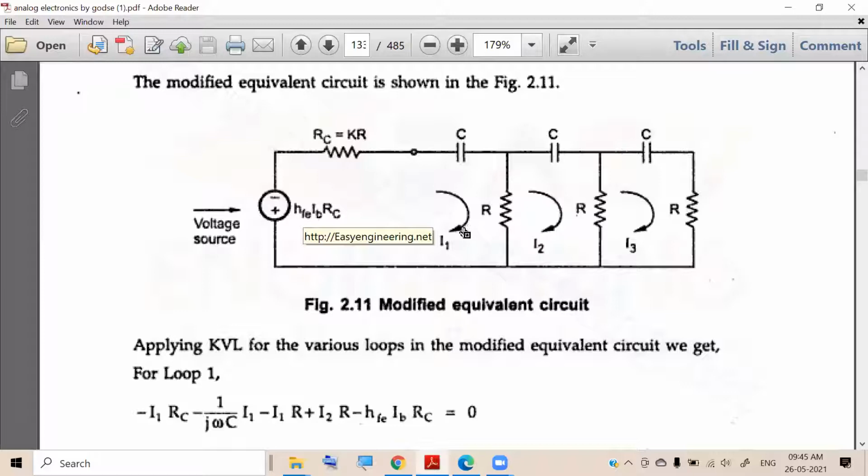So what happens there is, whether you take the entering terminal or the leaving terminal, the result is the same because we are equating it to 0. When you are equating it to 0, you can multiply both sides by minus. X is equal to 0 means minus x is equal to 0. Both are valid. So that is the reason we can take the entering terminal. If you take the entering terminal, in all the cases you should take the entering terminal. If you take the leaving terminal, in all the cases you should take the leaving terminal.